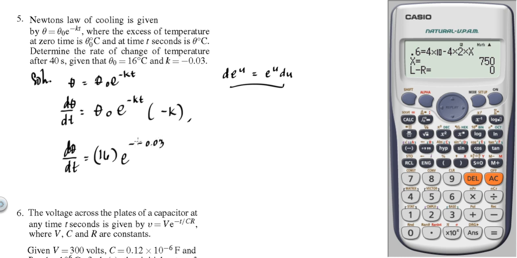You can just put plus, I just showed it. Okay, let's put parenthesis. So, multiplied by, what is t? T is 40. Times 40. So, times minus 0.03, or positive. So, d theta over dt is equal to,